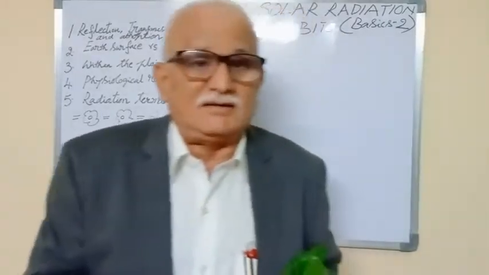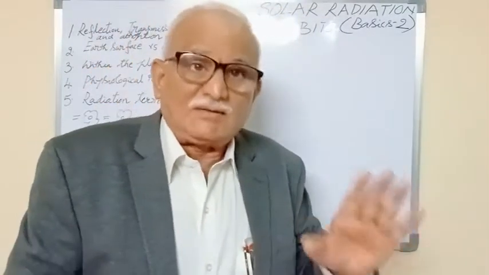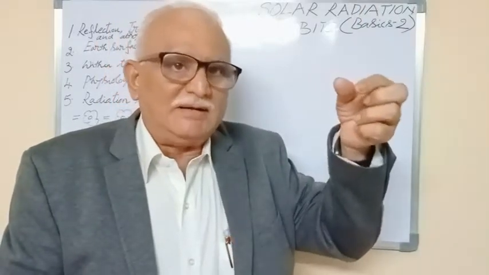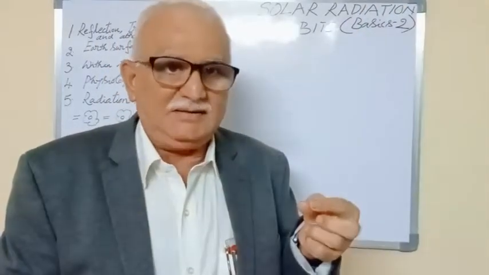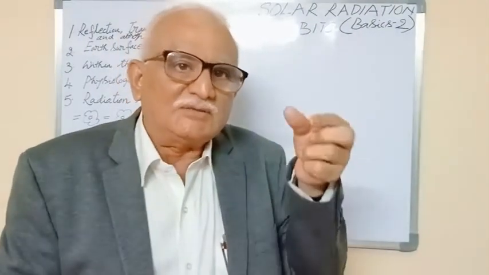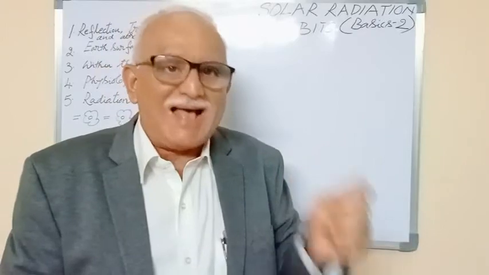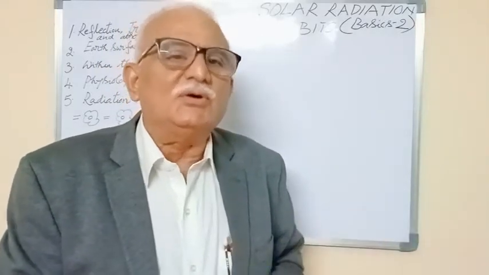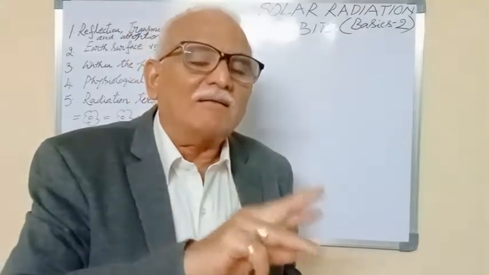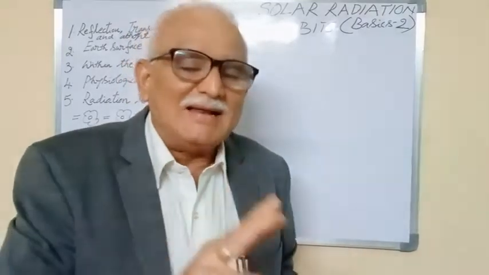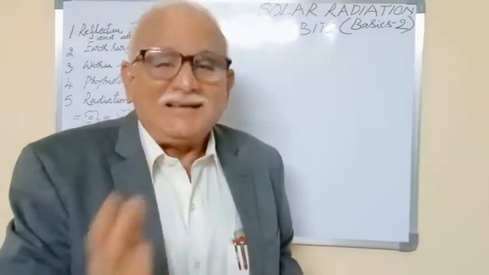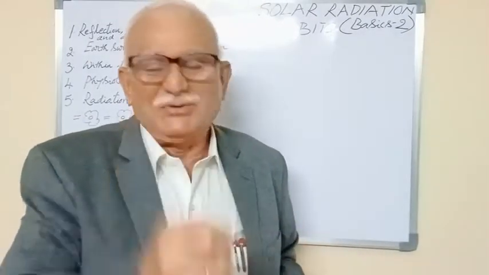Now, solar constant, very interesting. Solar constant, this bit will come. If you presume a square centimeter area in between the sun and the earth, the energy falling in 1 minute over that square centimeter area is known as the solar constant. The units of measurement of solar constant are Langley per minute or calories per centimeter square per minute. Langley means calories per centimeter square. In respect of Langley, those units are given.